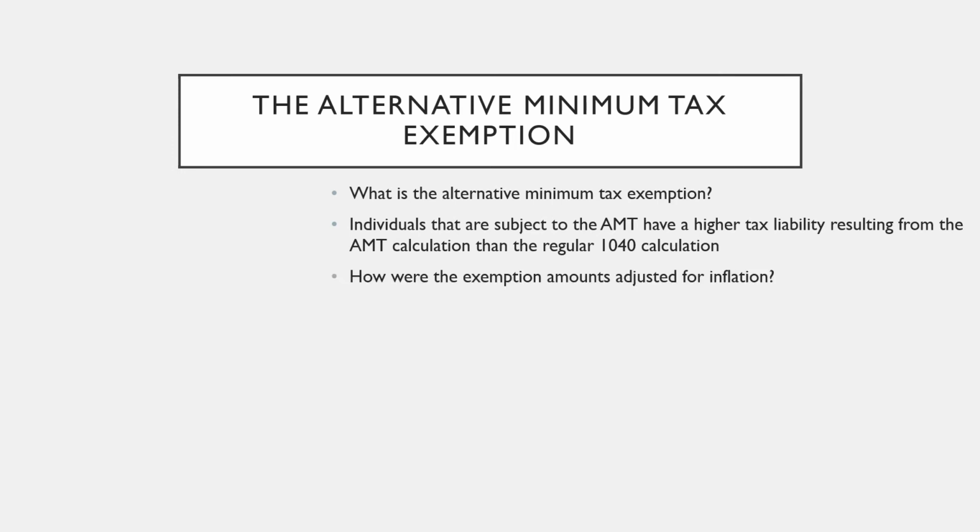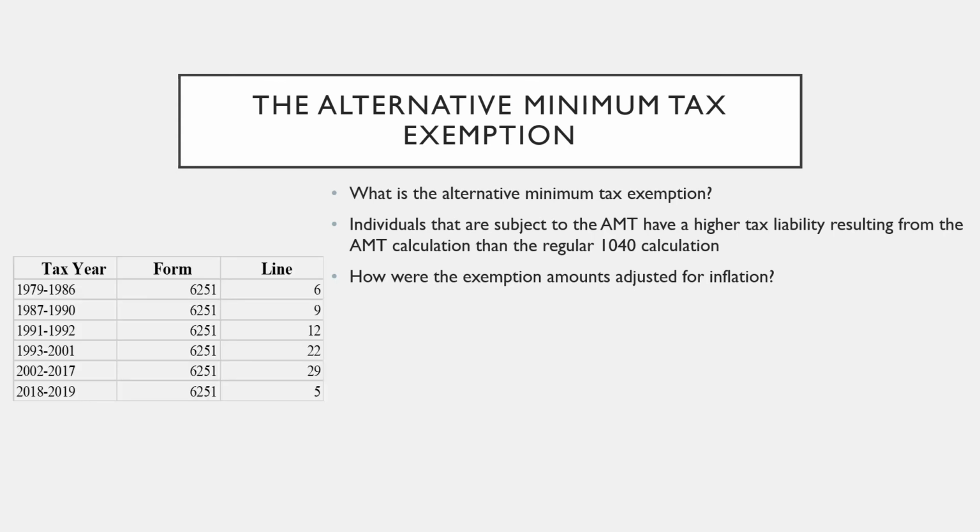Now remember that the AMT exemption amounts were not adjusted for inflation until the enactment of HRA 2012. So what I did was adjust the exemption amounts for inflation starting in 1970 all the way through 2019. This shows us a projection of where the AMT exemption amounts should have been if the AMT was originally adjusted for inflation in 1979.